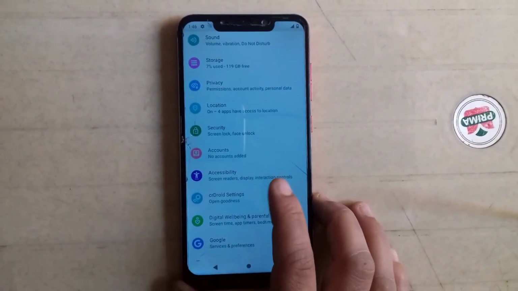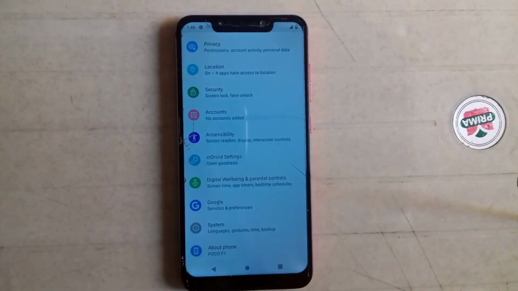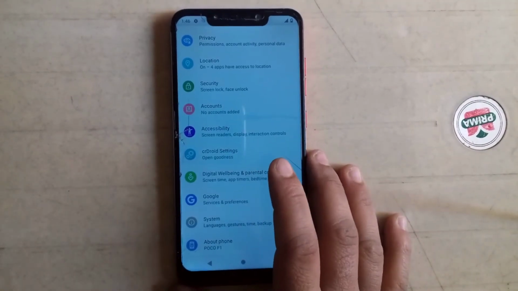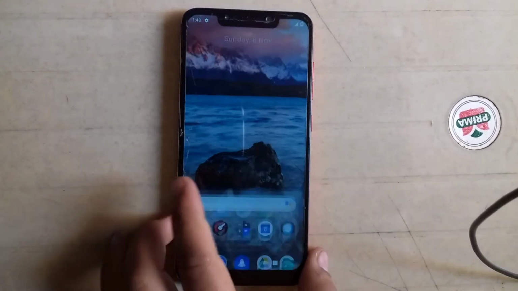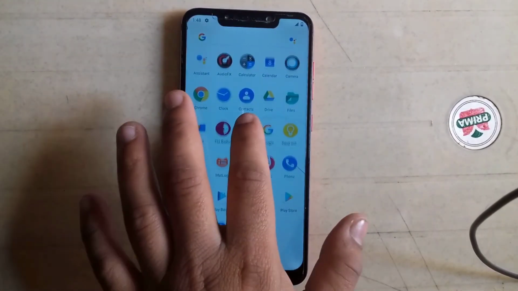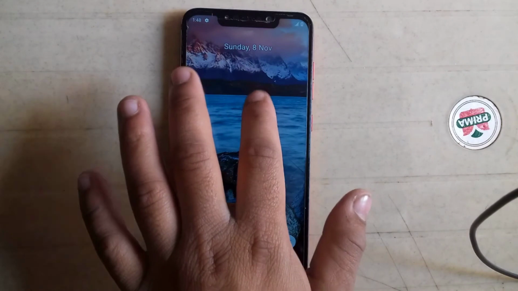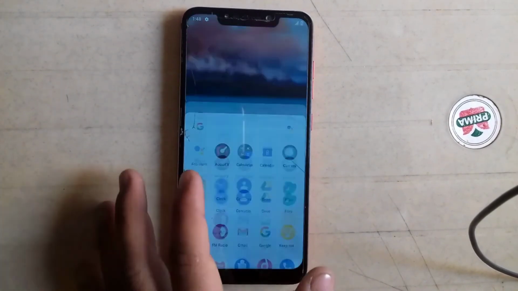And guys, you can customize this ROM according to your needs because it supports a lot of customization, and using this ROM you will continue to love it. This ROM provides a lot of customization. You can customize this ROM in any way.